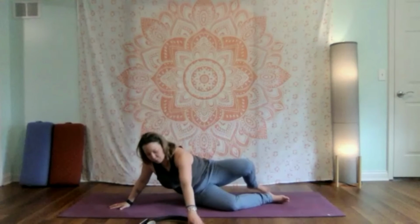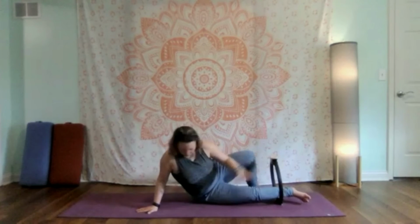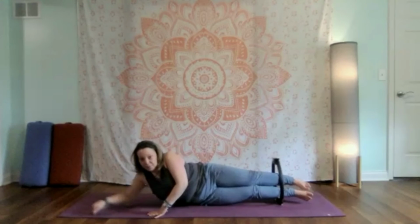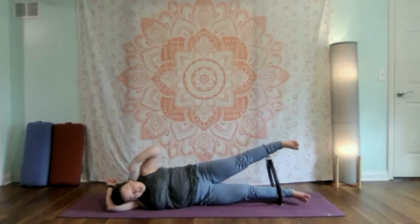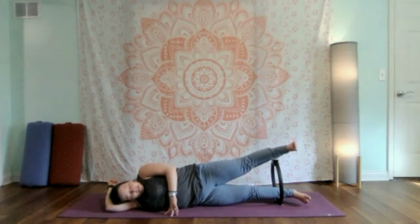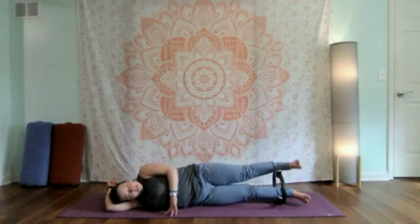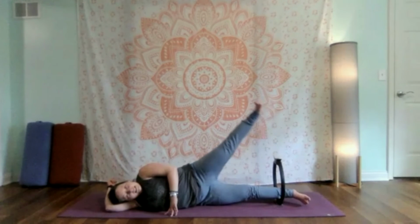Good. So we'll bring that ring in. Choose if you're going to be up on the forearm or down here. And then again, you want to be on the hip, not back on the glute, or zipped up. Same modifications as before if you don't have a ring. Otherwise, we're going to lift and press and lift and press and 6,